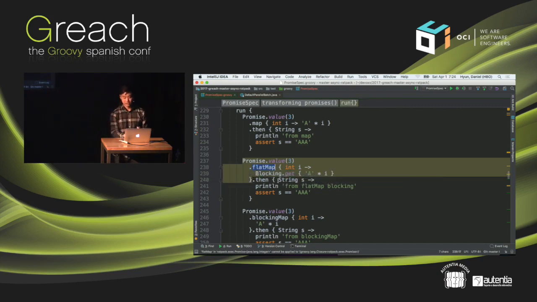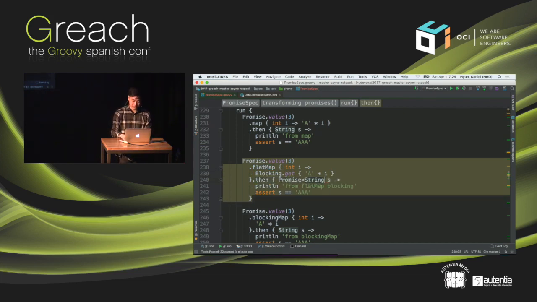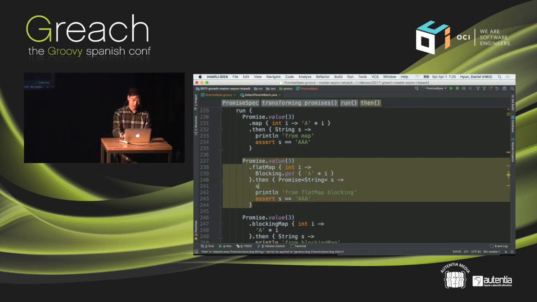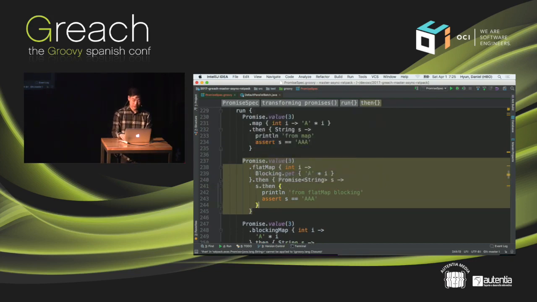If you don't flat map it, what you end up getting here is instead of a string, you get a promise of a string. And this promise never executes unless you explicitly subscribe to it. So if you were then to do this as an example, this would still hold true. And we can prove that here.